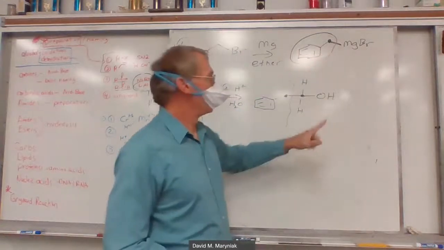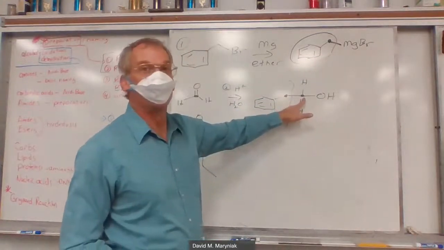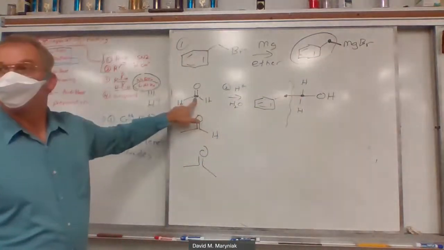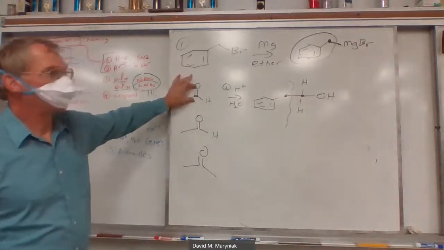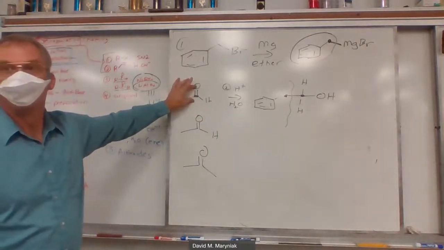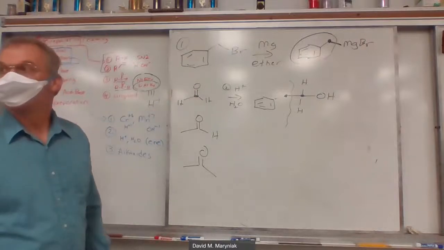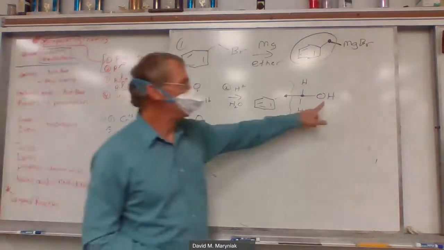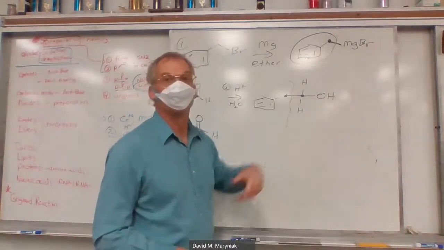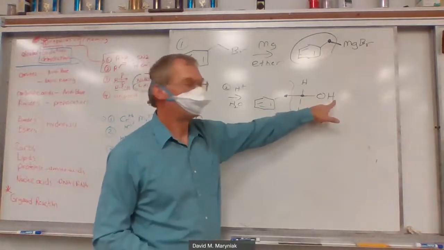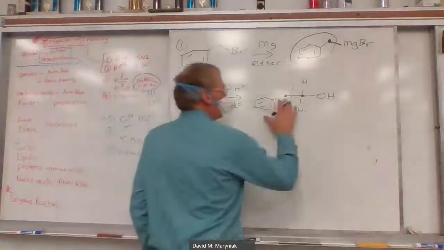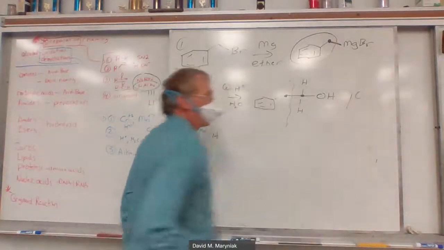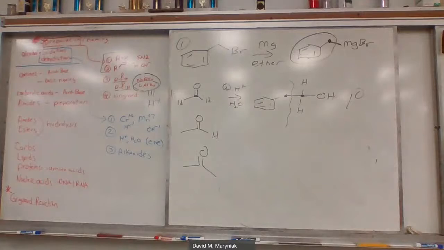The Grignard. Where did this carbon come from? That aldehyde. And of course, what happened to the C double bond O? Went away because it's been added to. And what does the H get? What does the O get? H. And then lastly, this we're going to classify as a primary alcohol because